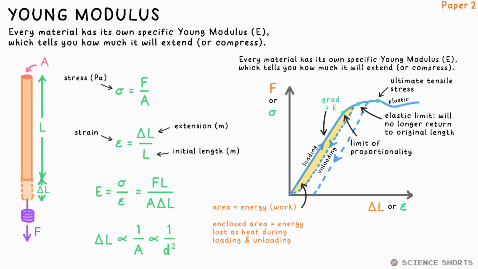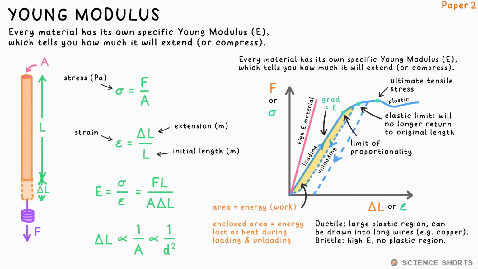It carries on extending even if you remove some of the force. A ductile material like copper will have a large plastic region, whereas a brittle material generally has a high Young modulus and suddenly snaps. Simple harmonic motion describes the motion of any object that is oscillating around a point like